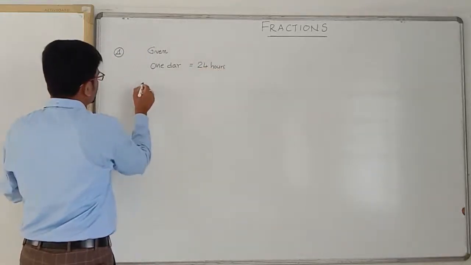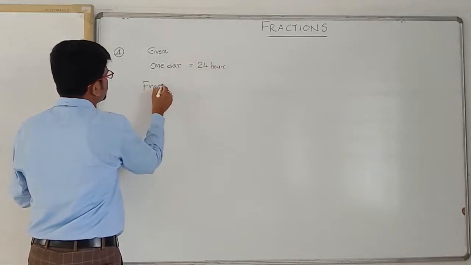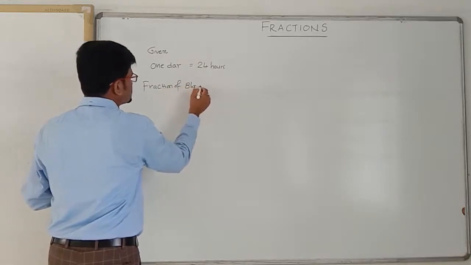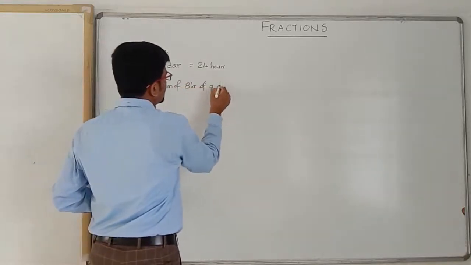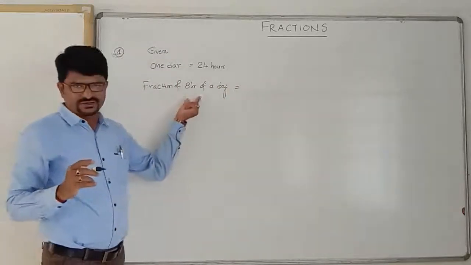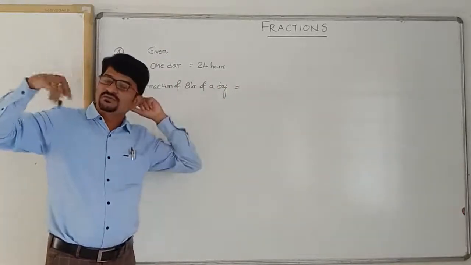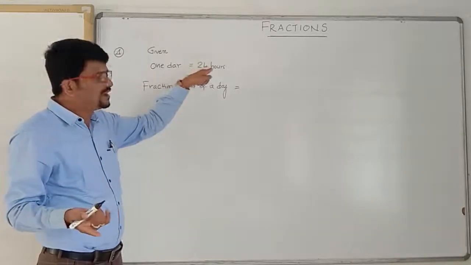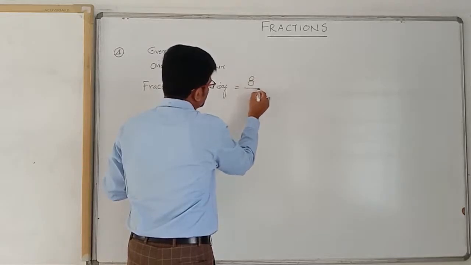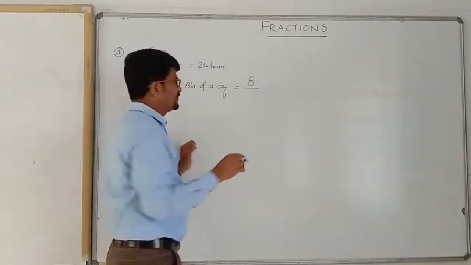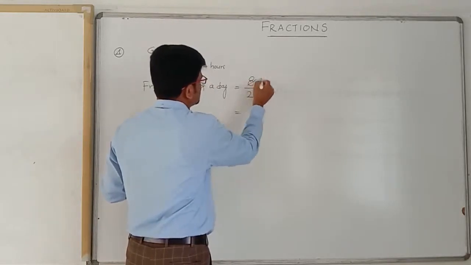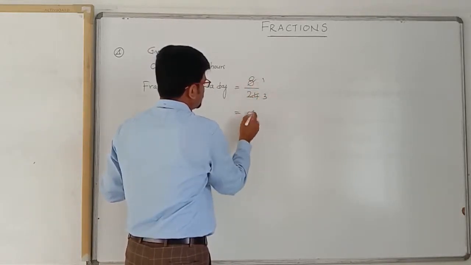And the fraction of 8 hours of a day. For what are we finding the fraction? For 8 hours. On what are we finding the fraction? On a day. Therefore, for what we are finding, that is the numerator. On what we are finding, that is the denominator. Therefore the fraction is,